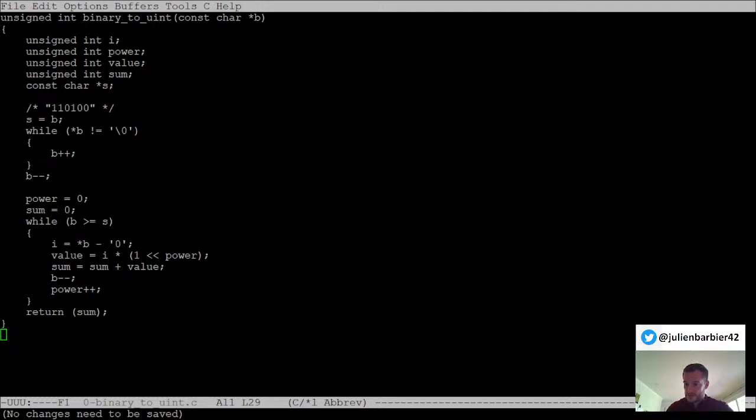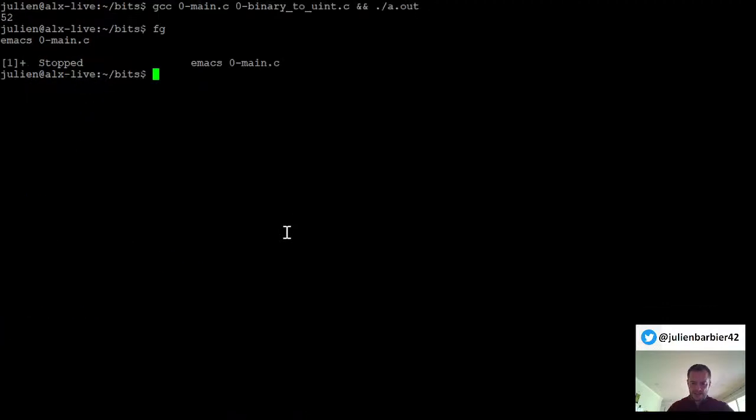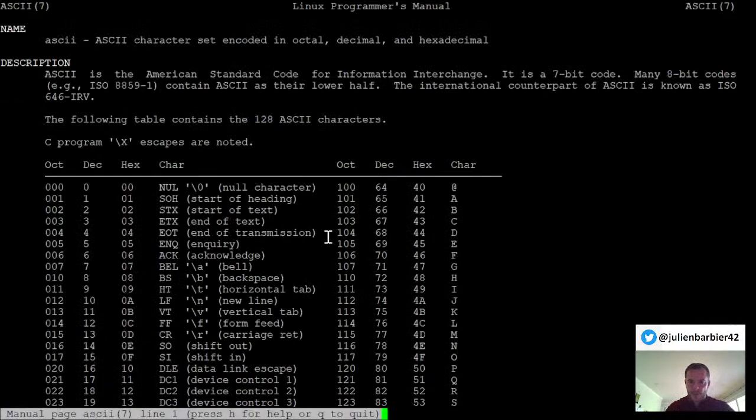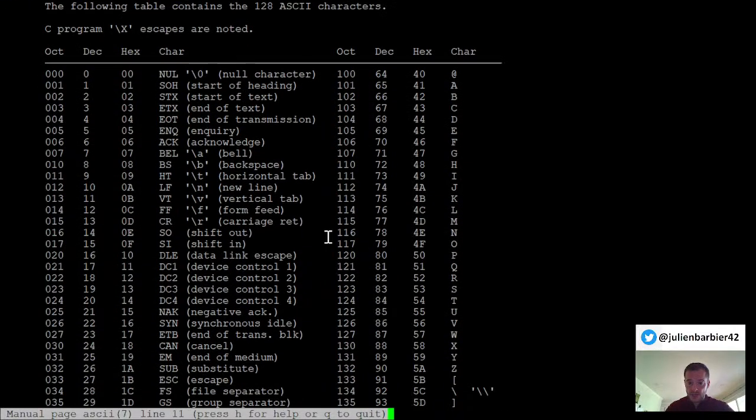Okay, so Godwin, you used b minus 0 to convert the value to int. What is the difference between b minus 0 and b plus 0? Okay. So maybe we want to understand why we're doing minus, and then it's going to give you the answer to why we don't do b plus 0. So if you look at